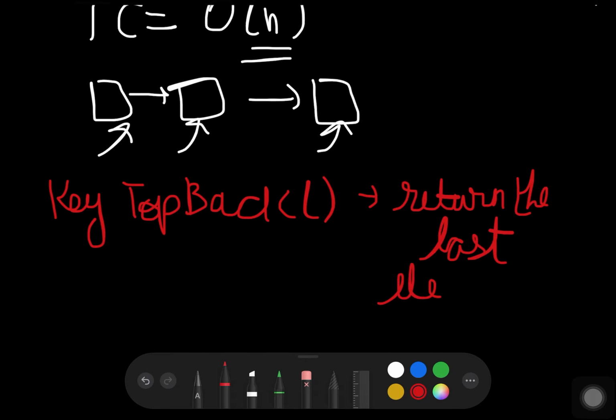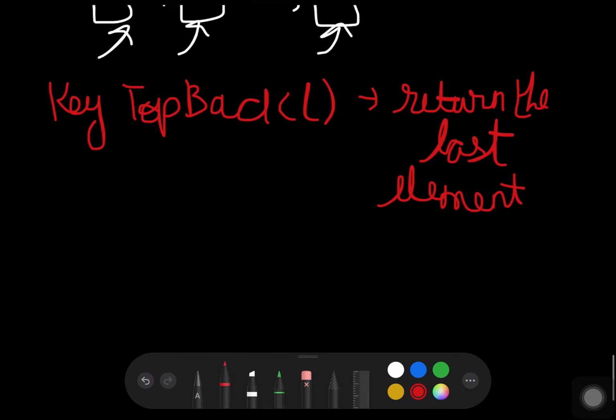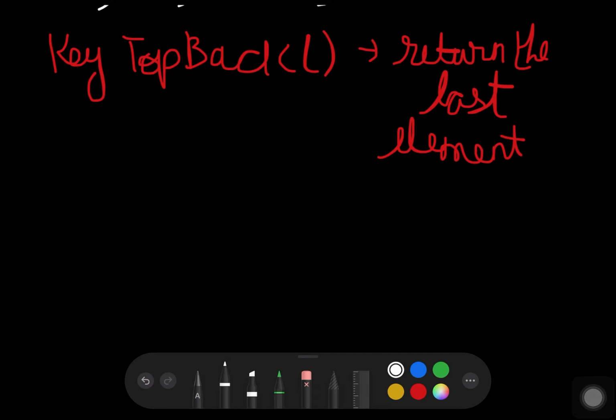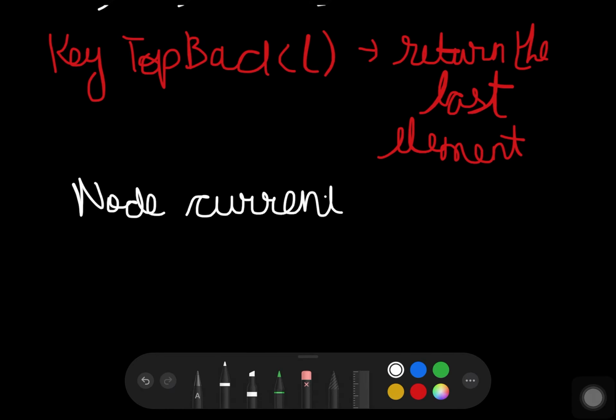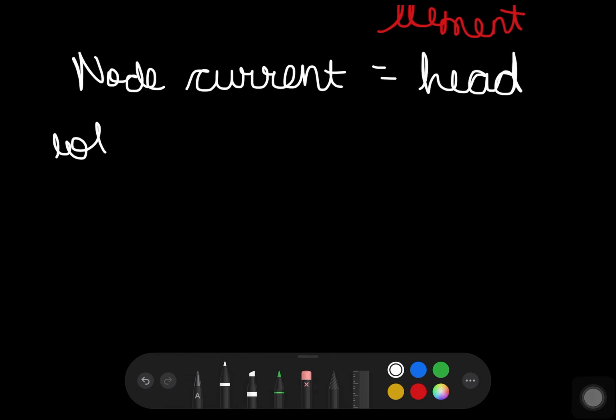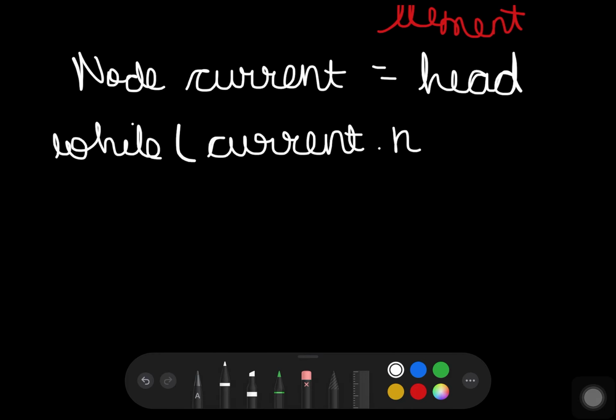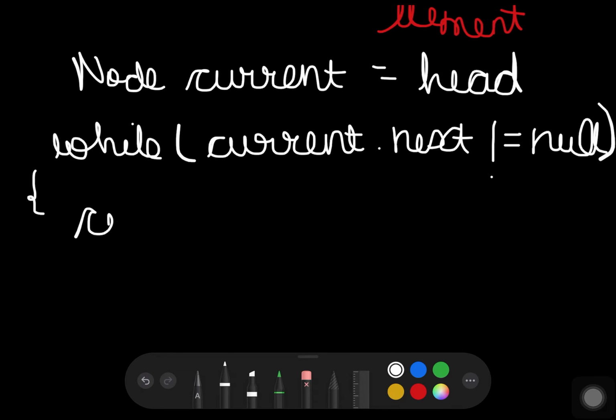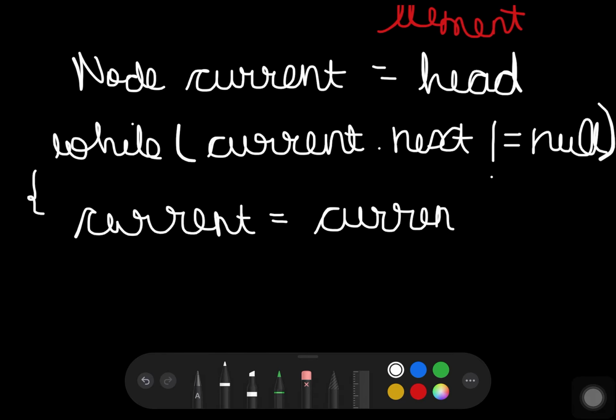As is clear, we will do the same thing again, that is node current equals head, and then we will write while current dot next not equal to null, that is, while the current pointer doesn't reach the end of the linked list, we will keep moving forward in the linked list. Current is equal to current dot next.